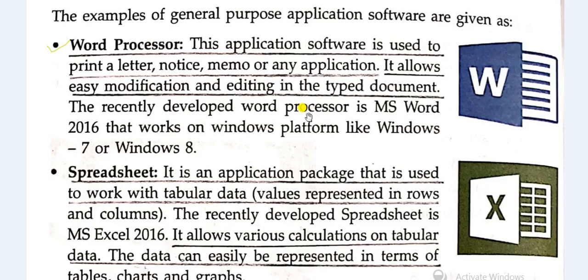A word processor helps us to create professional looking documents quickly and efficiently. It provides many features to change the appearance of text in the desired manner. You can easily add, delete, rearrange or beautify the text and can even produce a hard copy of the document as per requirement. Understood? So this is a word processor.